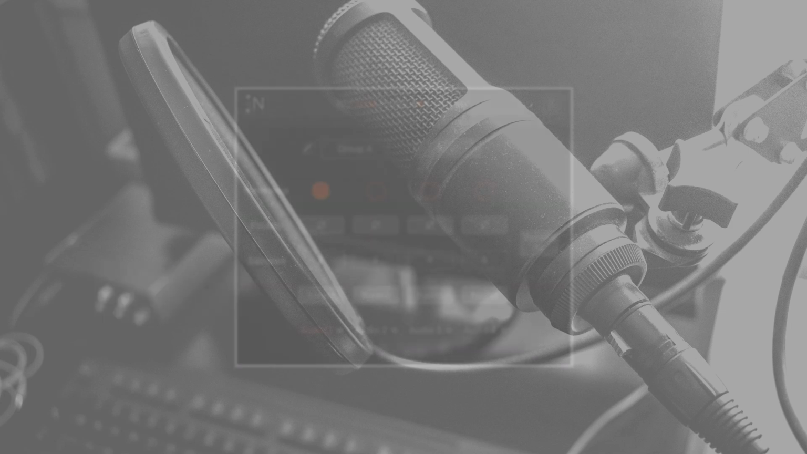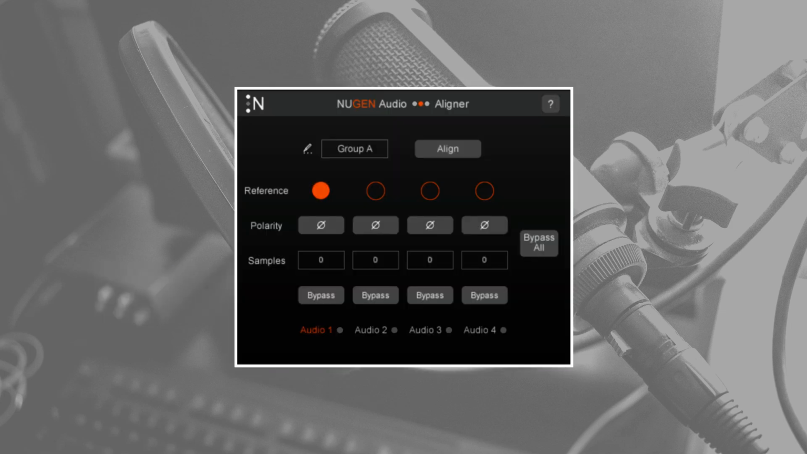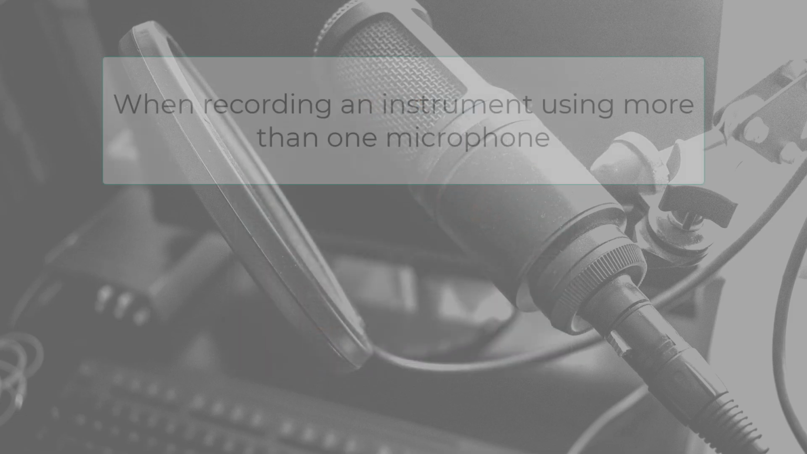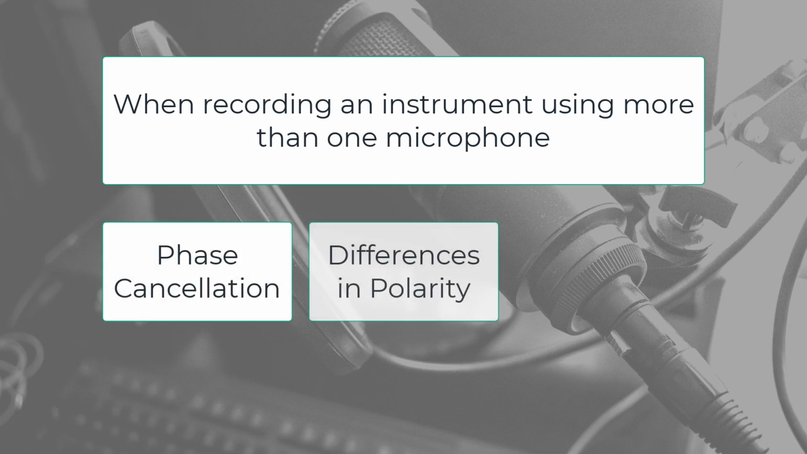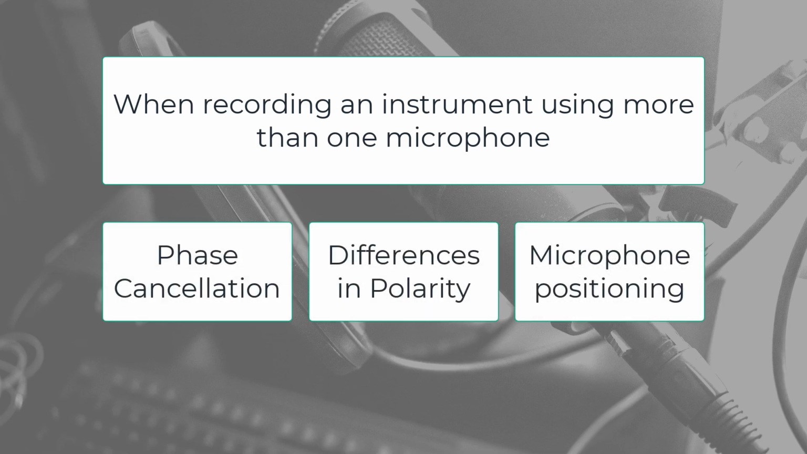In this video, we'll be taking a look at Aligner. Aligner is a plugin which allows you to phase align multiple sources of audio with ease. When recording an instrument using more than one microphone, you can encounter phase and polarity problems, usually caused by different